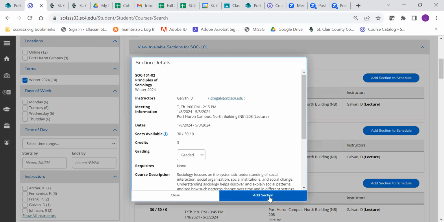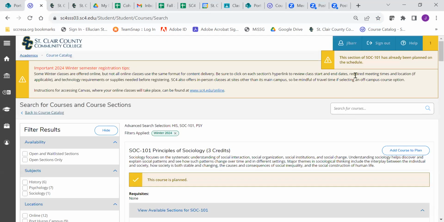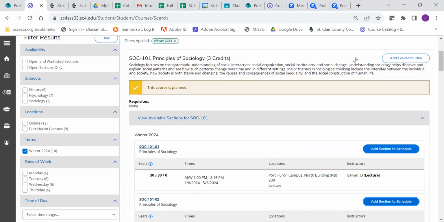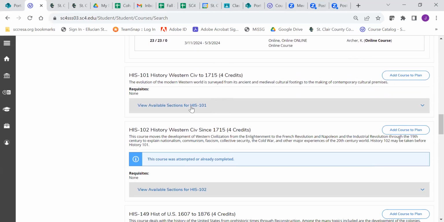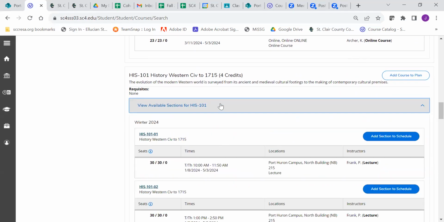I'm going to click on it. Yep, confirm this is the class that I want. It's going to take me back up to the top, saying that it has been on my plan, but this one has already been something that I've done personally. So it's going to just show that I've already done this one. I'm going to go back down to history, for example,